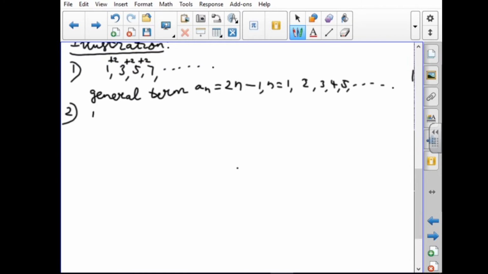The numbers 1 by 2, 1 by 3, 1 by 4, 1 by 5, etc. They have given another sequence. This sequence we have to write in the general term. The general term of the given sequence